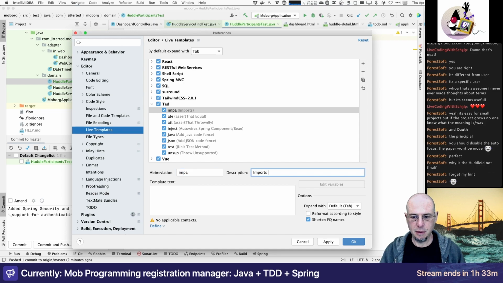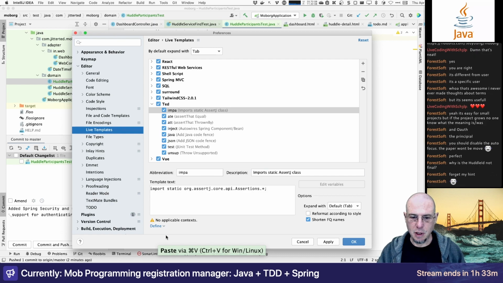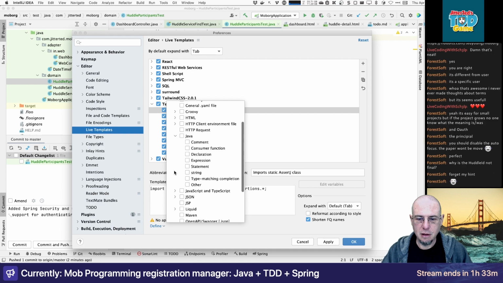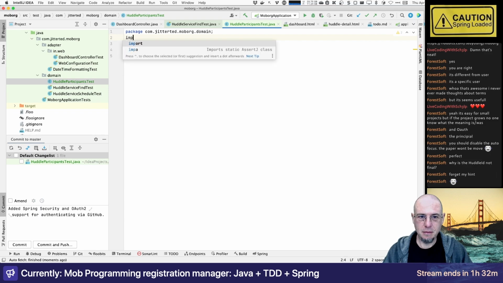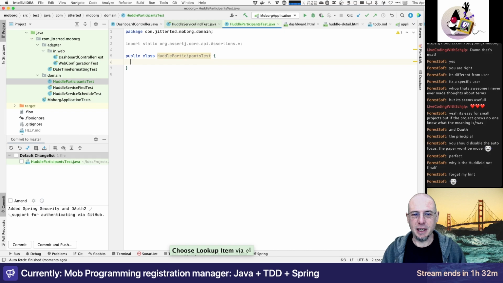Imports, AssertJ static assert class. So that's what I want. That goes in Java. All right, it was one of those. Anyway, okay. So the test I want to write is,